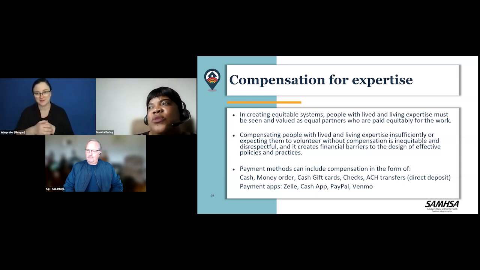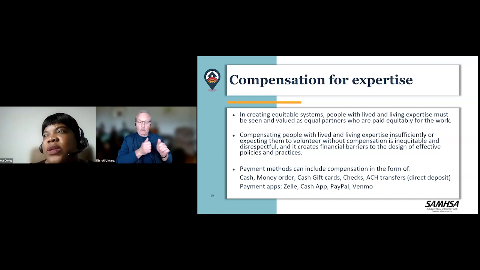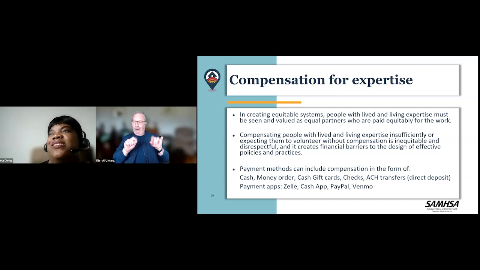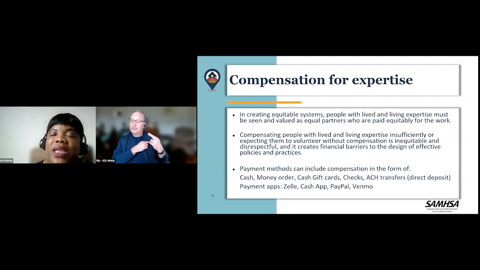And when you are looking to do compensation, there are so many examples of how you're able to scope it out within your community to determine livable wage and use that method to provide compensation. But you can do it with different payments. We're wanting to move away from the general gift cards of, hey, there's a gift card to McDonald's or to Burger King or something like that, and allowing the individual to provide you with the option of how they choose to be paid. And it's your responsibility to provide different variations of how they can receive compensation,